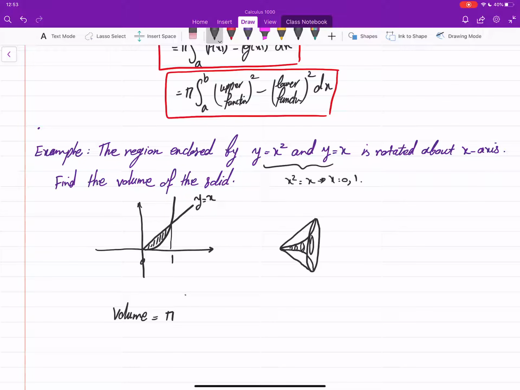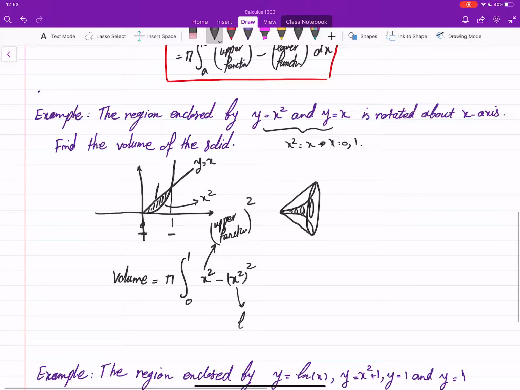It's pi times the integral from 0 to 1 of the upper function, which is y equal to x squared... upper function squared, minus the lower function, in this case x squared, squared. So this is the upper function squared. This guy is the lower function